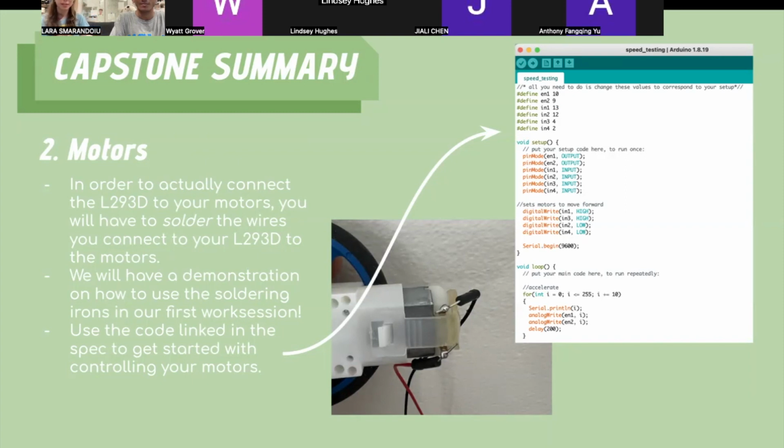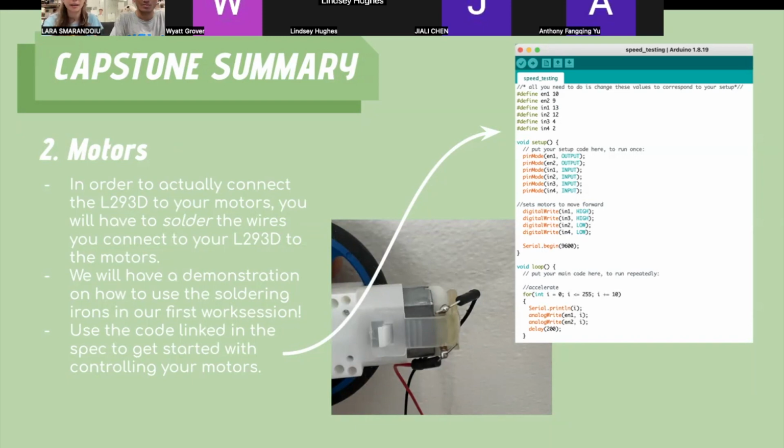So we haven't done any soldering this entire year in ops, but this is your chance to, if you would like to, or you might have to. And so we're gonna have some demonstrations in the work sessions. The first one is next Thursday on how to solder, and we will make sure to tell you how to be very safe because soldering can go very bad if you are unsafe about it. But we're gonna have some spool of wire, which you have to cut yourself, and then you can use that to connect your wires to your